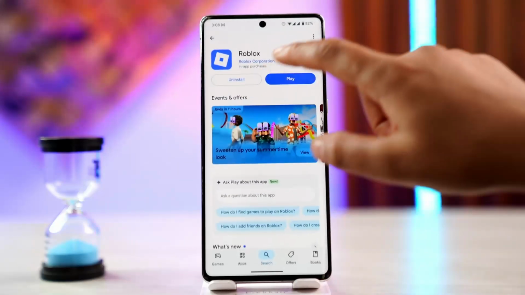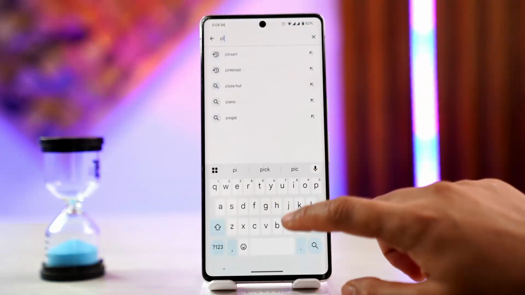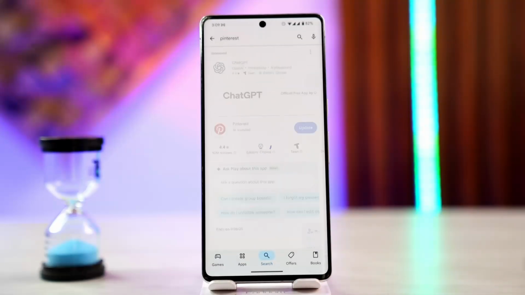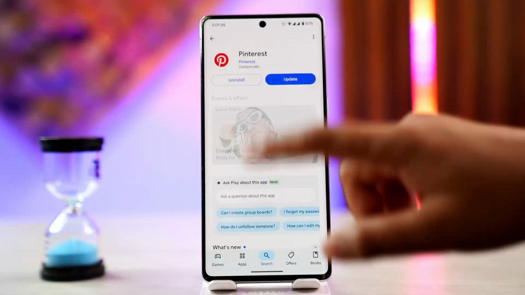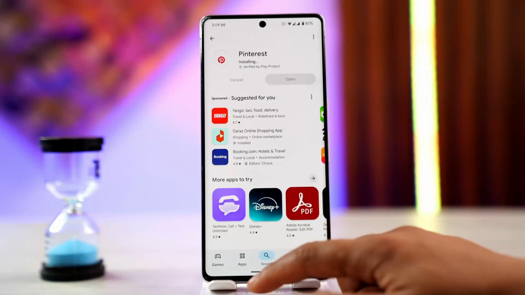So head over to your respective app store and on the search bar type in Pinterest, and if you could locate update, you want to press that. If you have update just like mine, click on the update button, and that's going to definitely help you fix your issue. And apart from it, if the issue still persists, you could also try clearing your